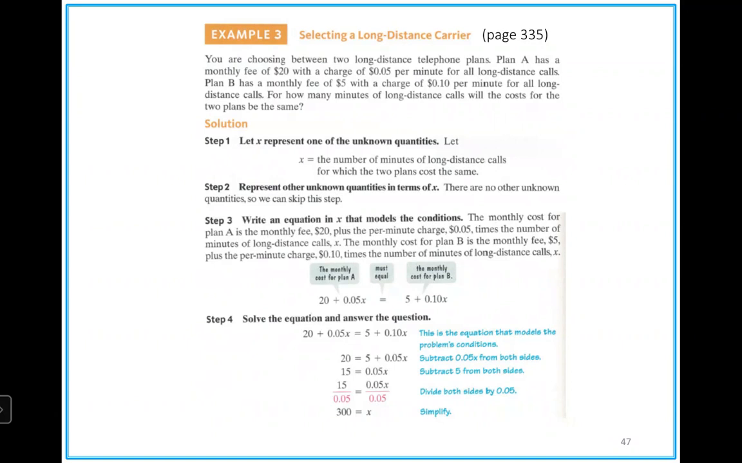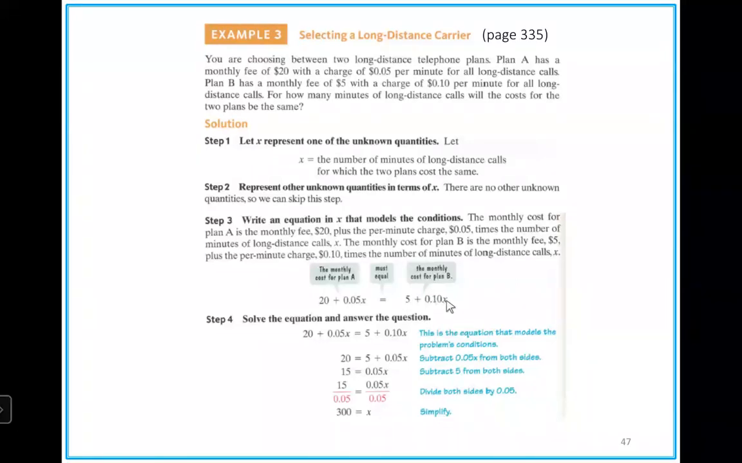Okay. So basically, you can write each of those scenarios in algebraic form, and then you will put an equal sign between them, just because you're trying to find out at what point the two will be the same. So for plan A, it's $20. So you see 20 here, and 5 cents per minute. That's 5 cents a minute right here, 0.05x. For plan B, it's $5 and 10 cents per minute. So that's 5 plus